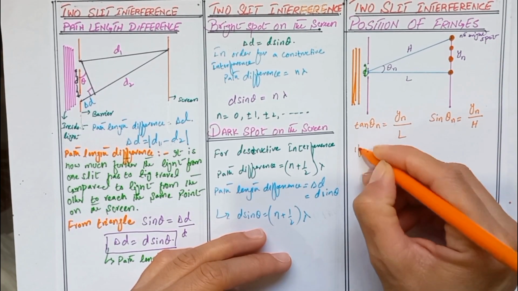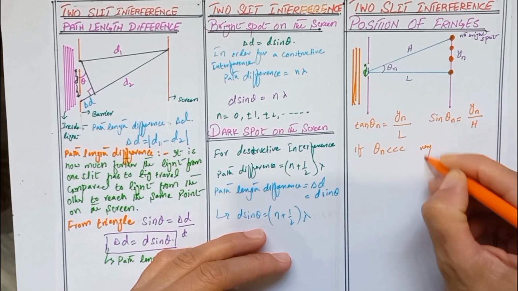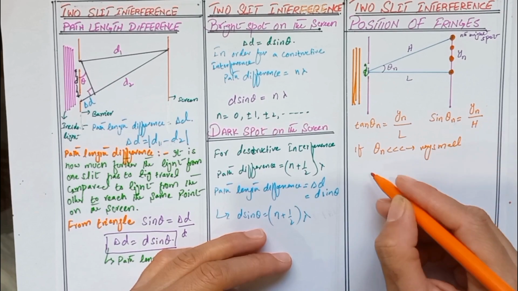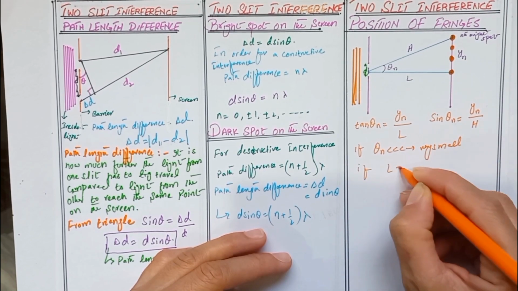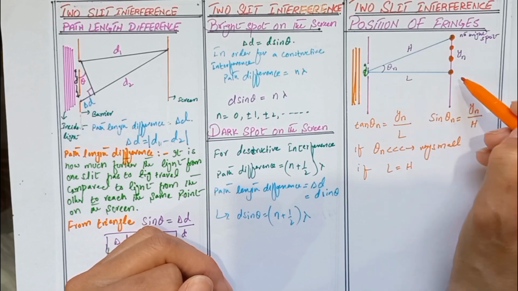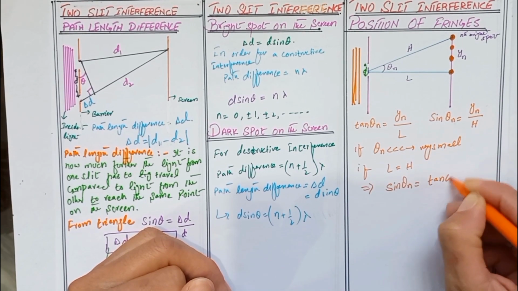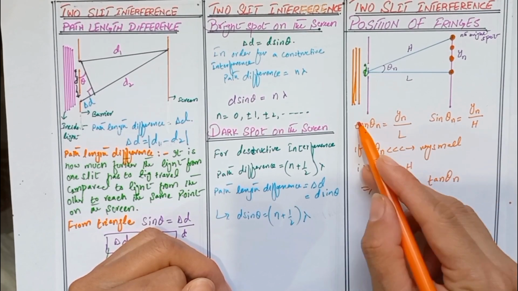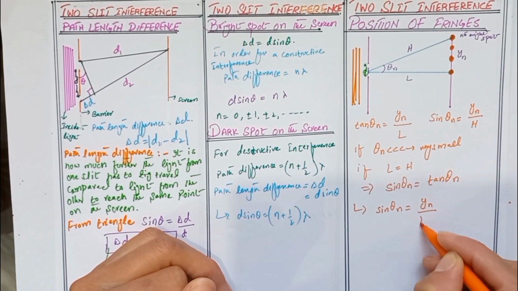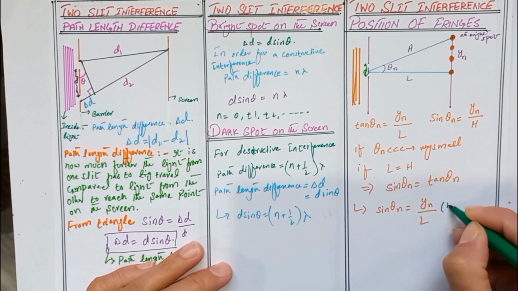If theta sub n is very small, then we can write L is equal to H. If this angle is so small, the hypotenuse distance is equal to this distance. So here we can write that sine of theta sub n is equal to tan of theta sub n. So in the case of tan theta sub n, we can write sine theta sub n is equal to y n over L,